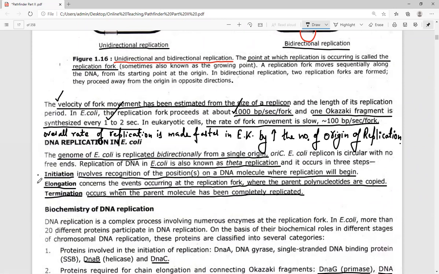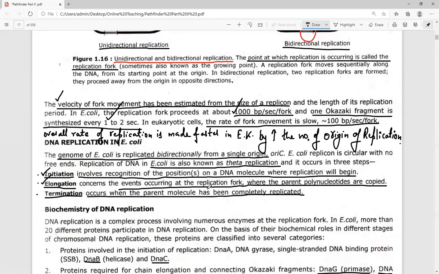There are always three different steps involved in the process of replication. Initiation refers to all the steps responsible for the melting of the double stranded DNA molecule and the binding of the first nucleotide monophosphate in order to initiate DNA replication. Elongation refers to all the events involved in elongating the DNA molecules attached at the replication fork. What happens in the case of termination?